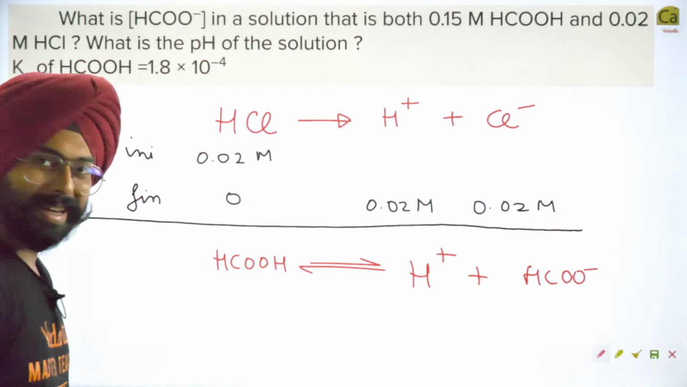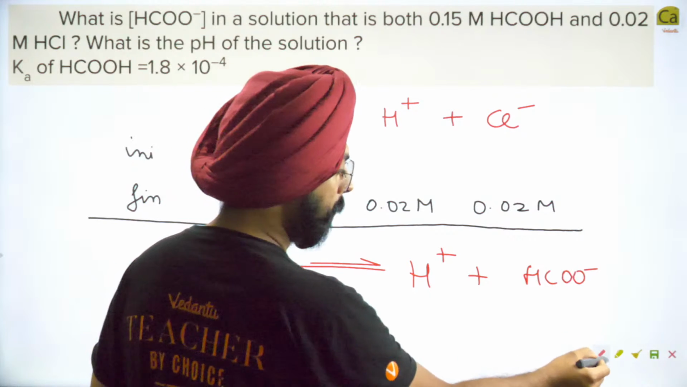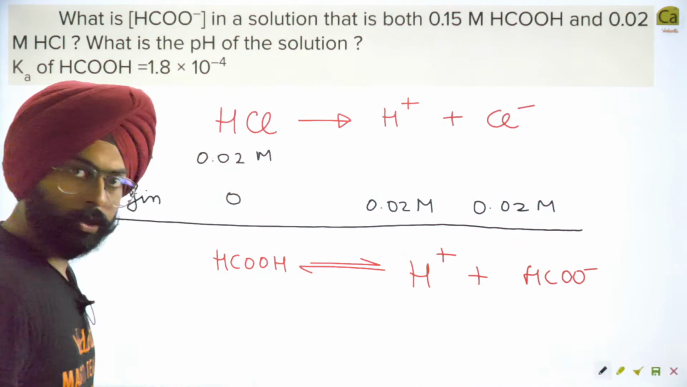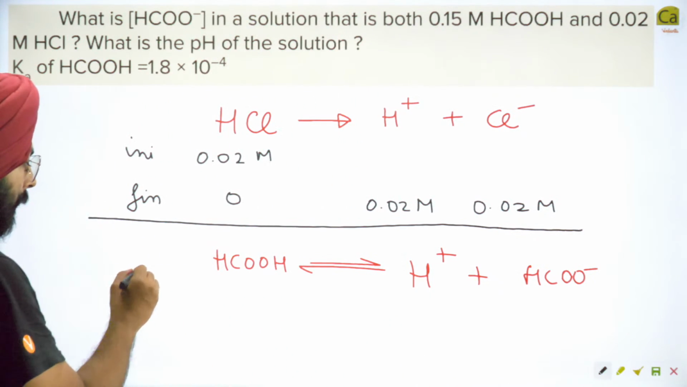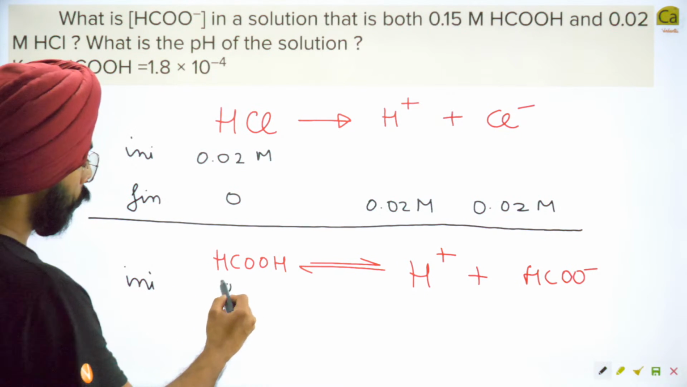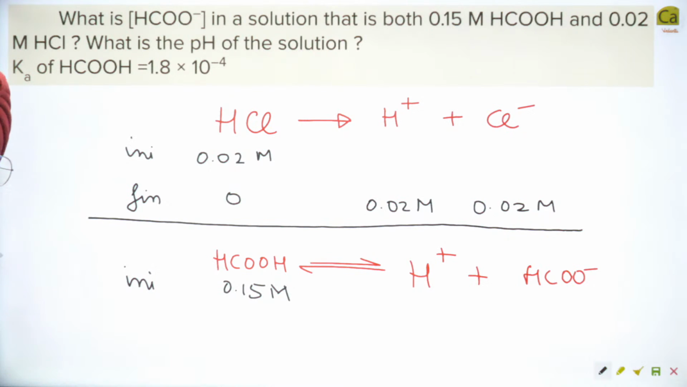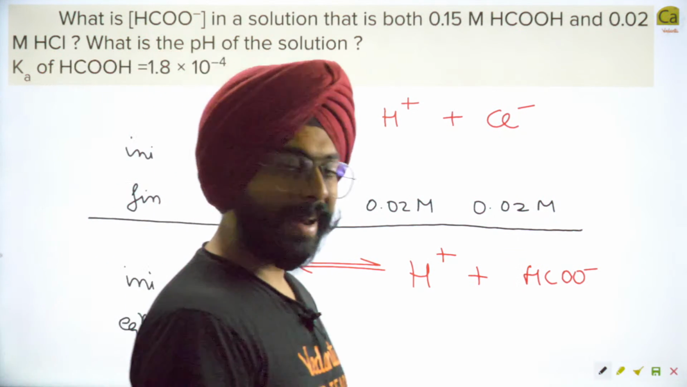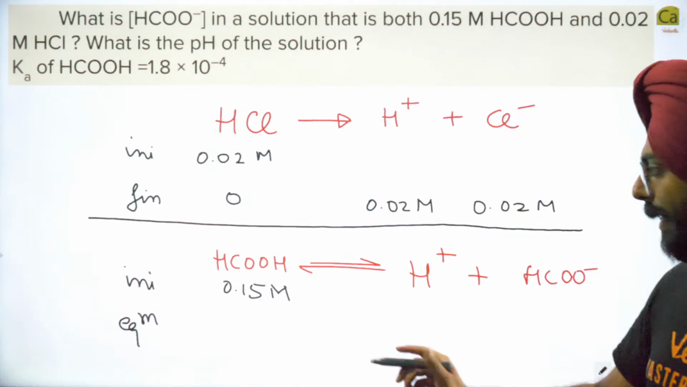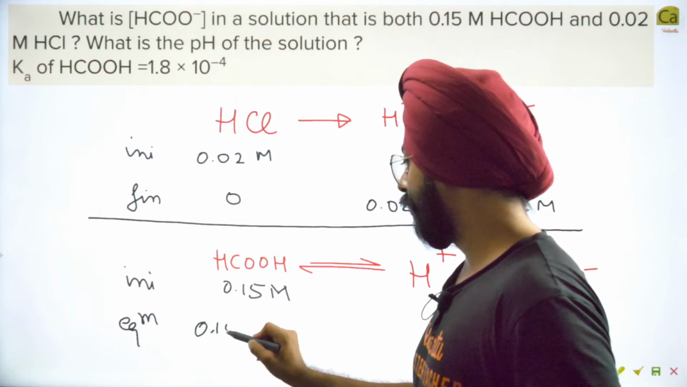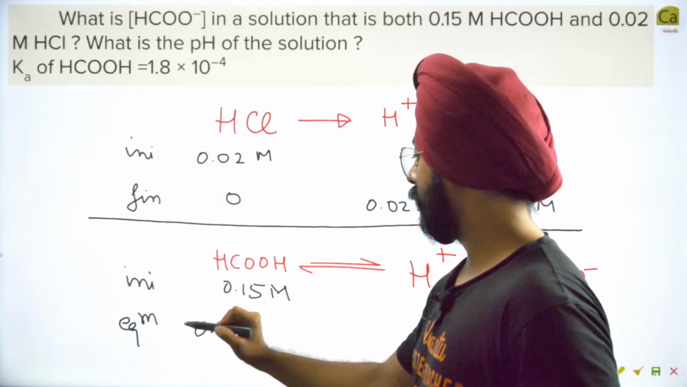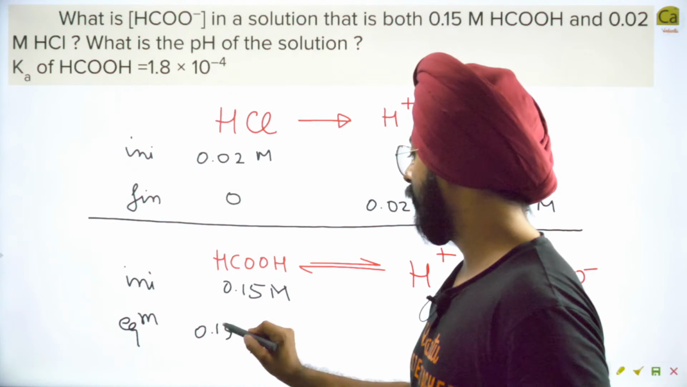This is what you will get at the end. You will get some H positive, you will get some of the conjugate base. Initially, this is given as 0.15 molar. Now at equilibrium, this will be 0.15 minus, we write it like this, 0.15 into 1